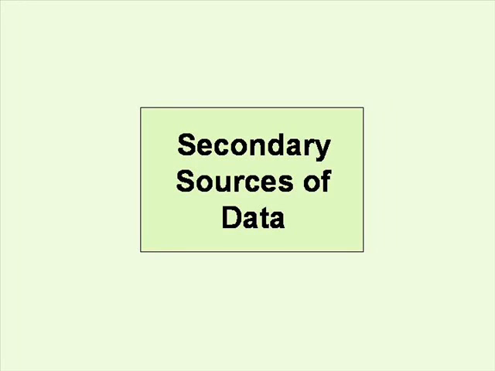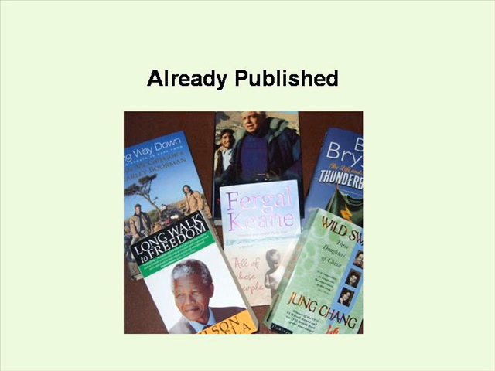Secondary sources. Secondary sources are an important part of sociological research. They come in a wide range of forms. The key point is that the data has already been published. It can be existing sociological studies, official government papers and statistics, letters, diaries, novels, photographs, newspaper articles, television recordings, family